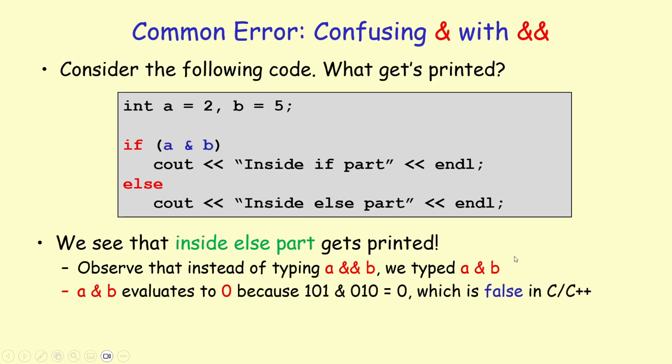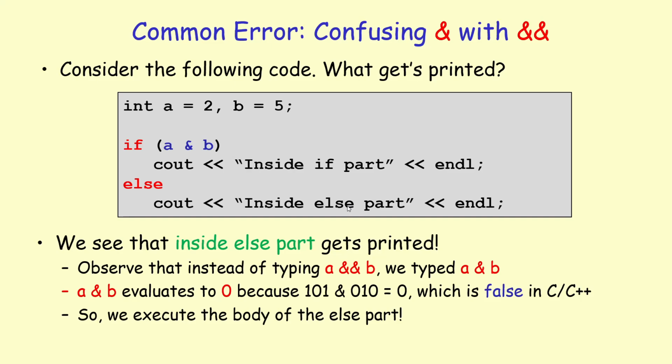So remember that bitwise operators work on a bit level, meaning that it's going to take the logical AND on a bit by bit basis, which means it's going to take the first bit, so 1 and 0, that's 0, 1 and 0 is 0, and then 1 and 0 is 0. So by doing a bitwise AND operator, your 2 bitwise AND 5 is actually 0, which is false in C++. That's why the compiler says, okay, A bitwise and B, that evaluates to false. So we are going to jump to the else part.